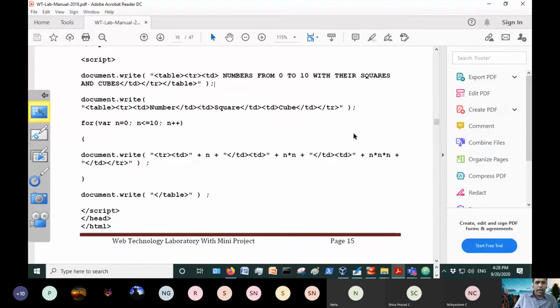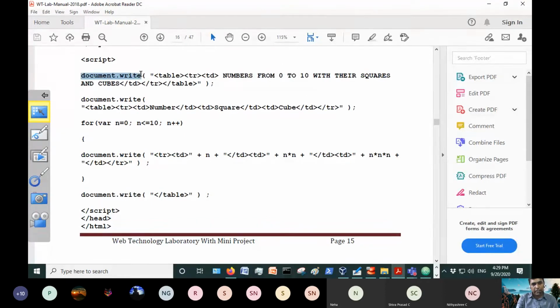So this is a statement. In JavaScript, every statement ends with a semicolon. You have seen it in C language, it ends with a semicolon. But in JavaScript, it's a good practice to end a statement with a semicolon, but it's not mandatory. That means if you remove the semicolon, it doesn't give you an error. It may change the meaning of the program, but you won't get any syntax error. But it is a good practice to end with a semicolon. That's why we have ended with a semicolon. So I hope you understood this.